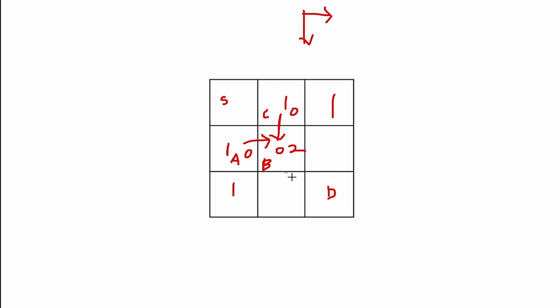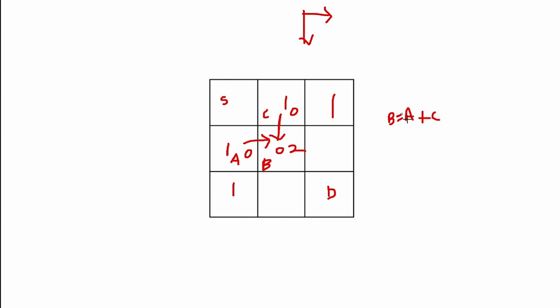Okay. So can I say that the total number of unique ways a person can reach B will always be the summation of the immediate preceding points of that point B? Here, that will be A plus C. So can I say that the value of B will always be A plus C? This is going to be true because B is only reachable from A and C, right?